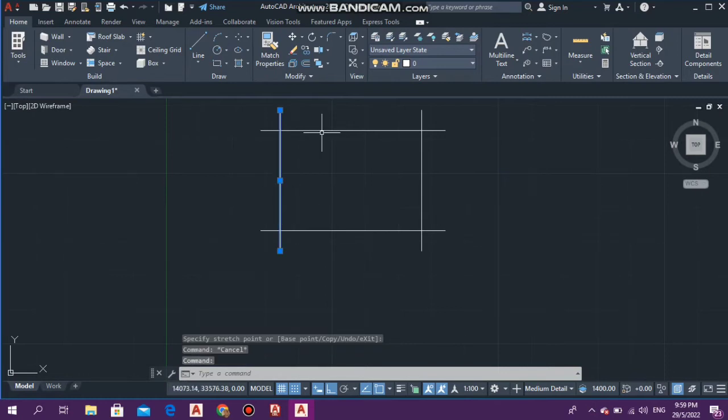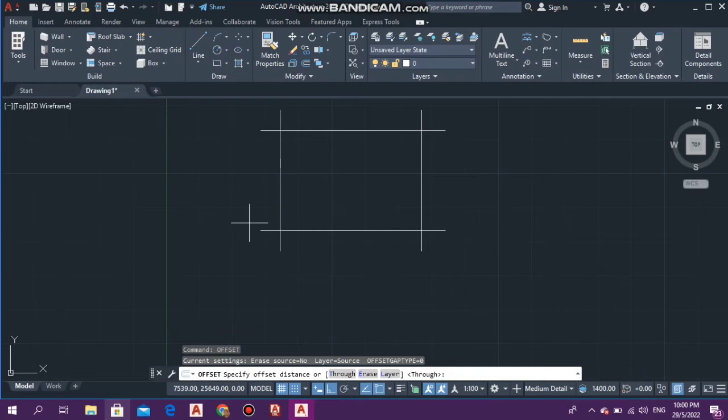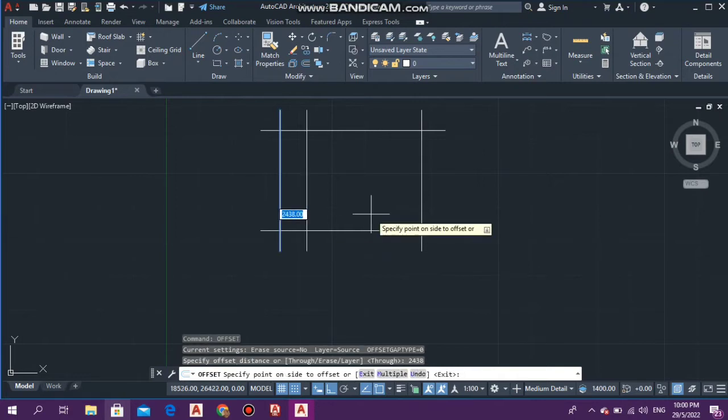Now we need the rooms. In order to get our rooms, we are going to offset the lines on the inside, because we want the internal walls. So obviously you have all your measurements, and we're going to be using these measurements. So let's select offset, and we're going to offset this line 2,438, because our bathroom is 2,438 by 1,524. So we're going to offset this line on the inside, as you can see right there. And now we have the width of the bathroom,